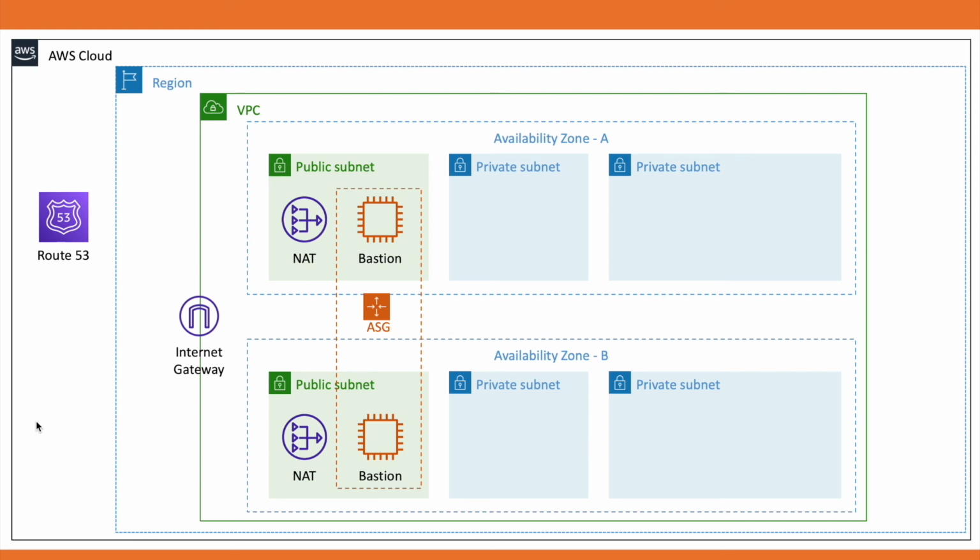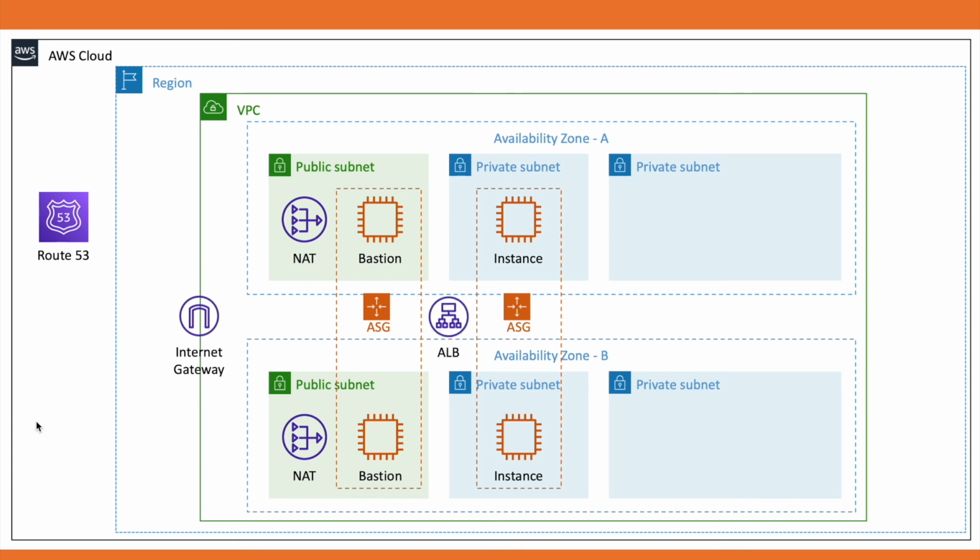The ASG will help to scale out and in, and also replace an existing host in case of any failure. EC2 instances with an auto-scaling group ensure high availability and host our WordPress application in private subnets across availability zones. An Elastic Load Balancer distributes the traffic or connection requests across our WordPress instances. Amazon Elastic File System is connected to instances with the help of an EFS mount to store and share assets including plugins and themes across instances to make the application stateless.